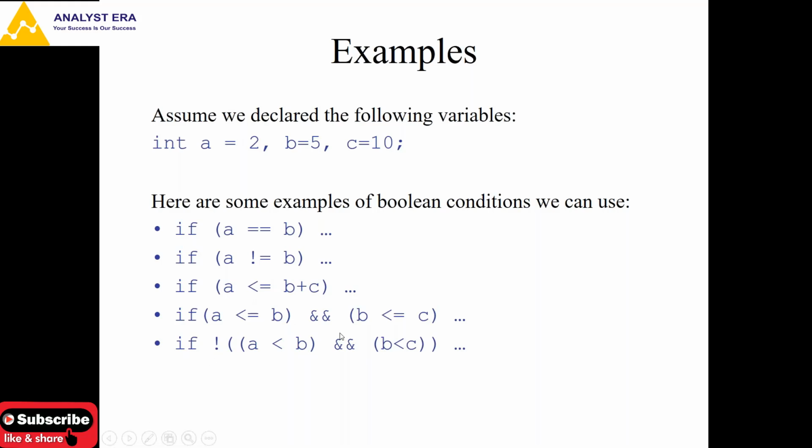As I explained, you can put multiple conditions with and. If both are true, then only it will go to the if part. If any of these two is false, as you put and, it will go to the else part. And if instead of and you put or, and any one of these is true, then it will go to the if part. And here not means if the whole condition is true, then it makes that false.